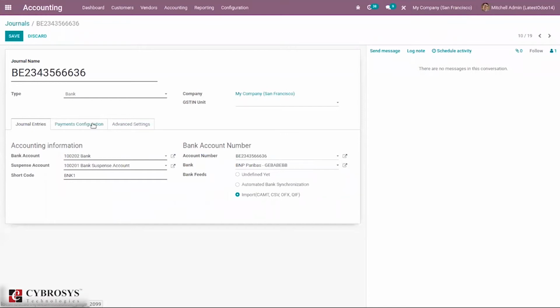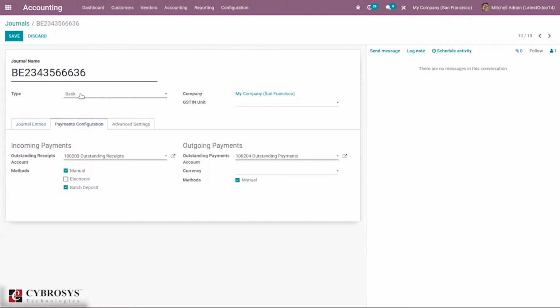Then here we can see a tab, payments configuration, which can be seen for bank or cash journal. So here we can see two sections: incoming payments and outgoing payments, where we have outstanding receipts account and outstanding payments account. So this is a new transfer account, that is payment transfer accounts to track payments easily.